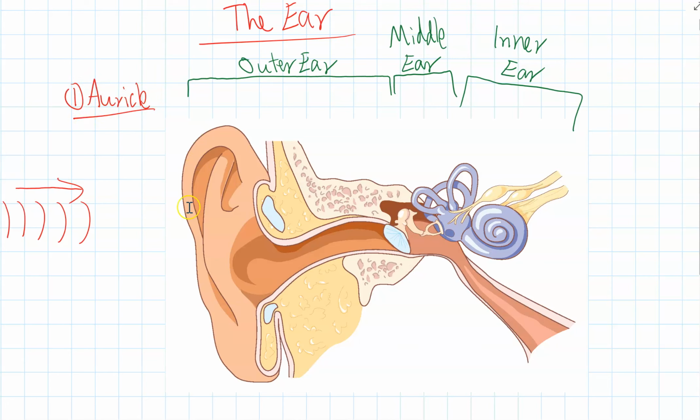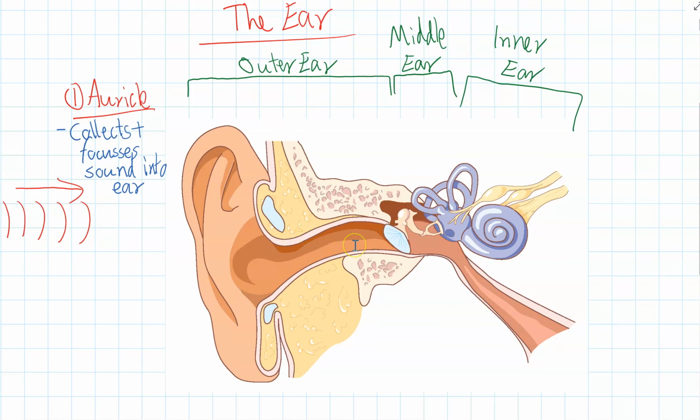And the auricle's got a special shape so that it funnels the sound wave into the tube here. And it funnels all the sounds and collects as much as it can. So it collects and focuses the sound into the ear. Alright, and then once the sound's reached the inside part of the ear here, it goes through